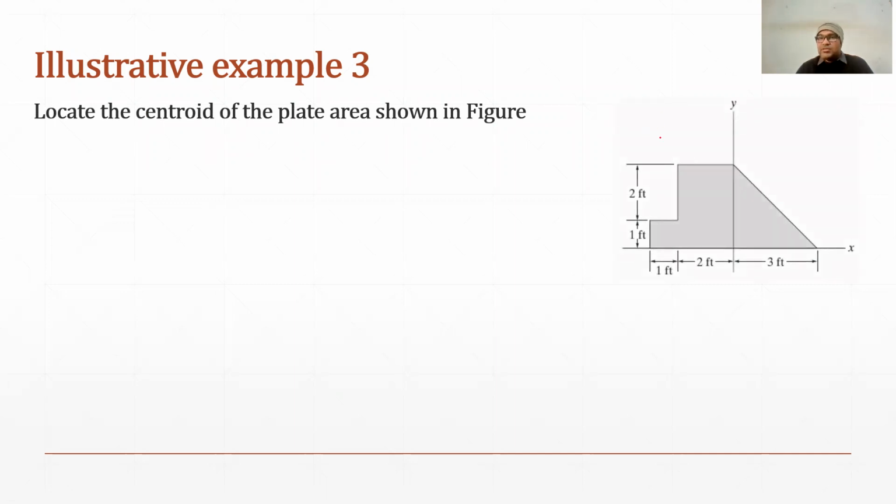I will now show you the figure. Yes, so this is the figure, and you can see this figure consists of a triangle, a square, and a rectangle. So this figure consists of three simple areas basically. Now the second step is we have to place this area on the x and y axes. As you can see, I have put this area on the x and y axes, where y is passing in between the area.